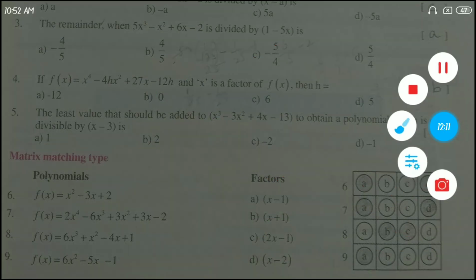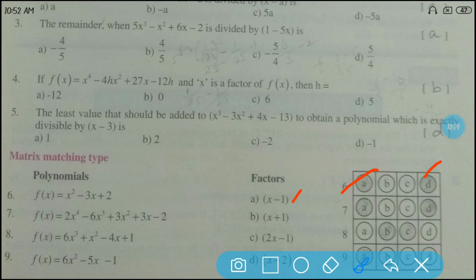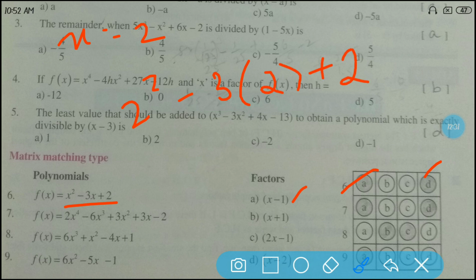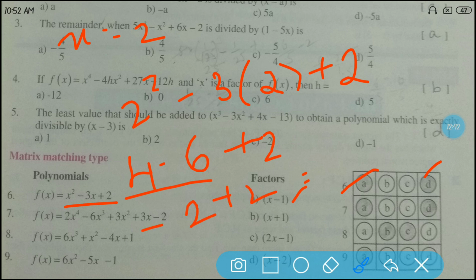Okay. So now I got the answer as A and D. x minus 1 and x minus 2. x minus 2 is equal to 0. x is equal to 2. If you take x is equal to 2, what will happen? We'll see. x is equal to 2. Now for this equation, 2 square minus 3 into 2 plus 2. So 2 square is 4, minus 3 into 2 is 6, plus 2. So 6 first we will solve this. So 6 minus 4 is 2, minus 2 plus 2. It is 0. Done. That's how you have to do. Okay, you will get 0 only. It is a factor, or else it is not a factor.